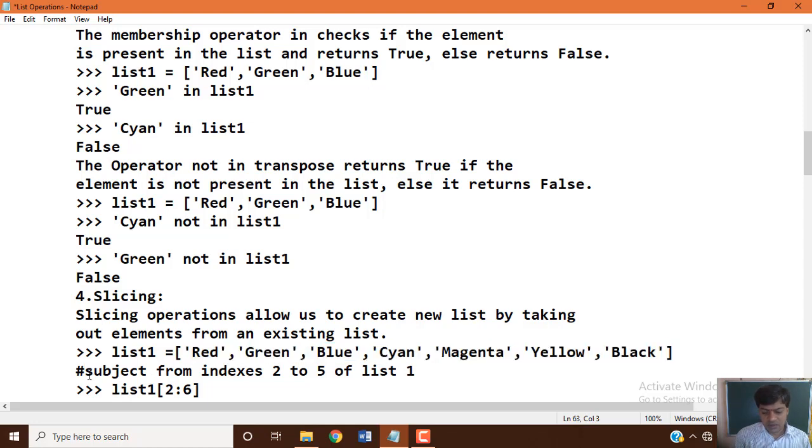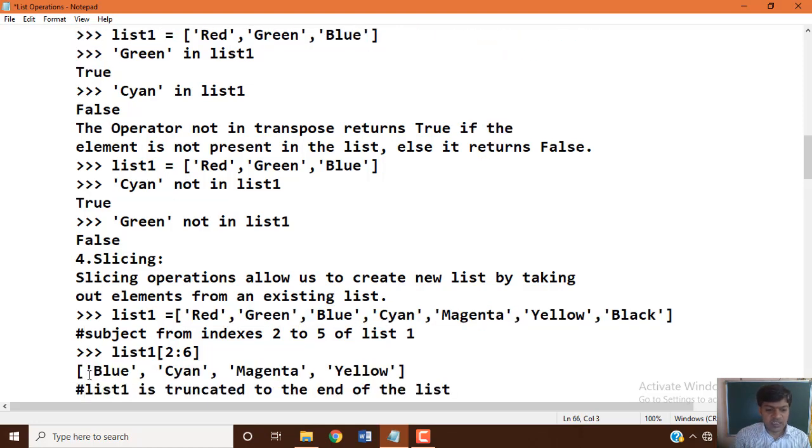Here, list 1 followed by square brackets with start and stop, the same as the range function. The range function has three parameters, start, stop and step, and step is optional.